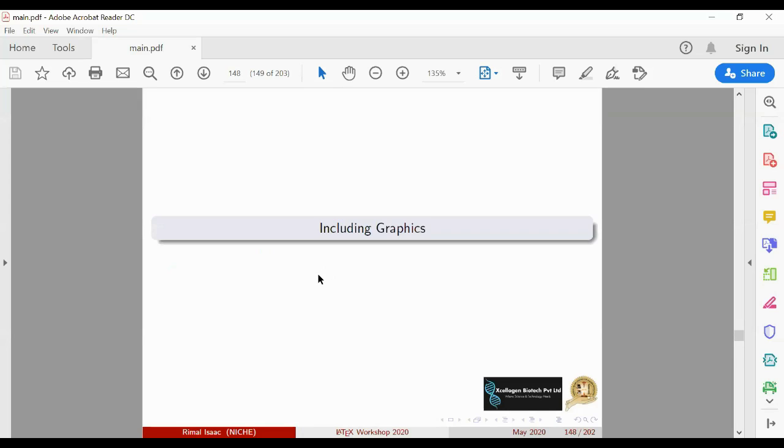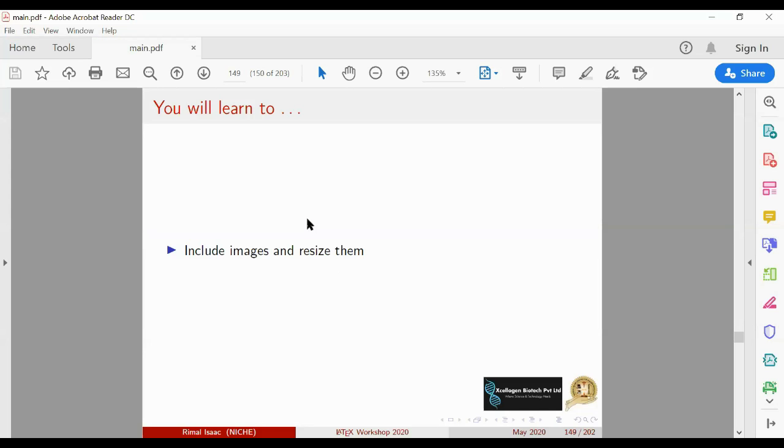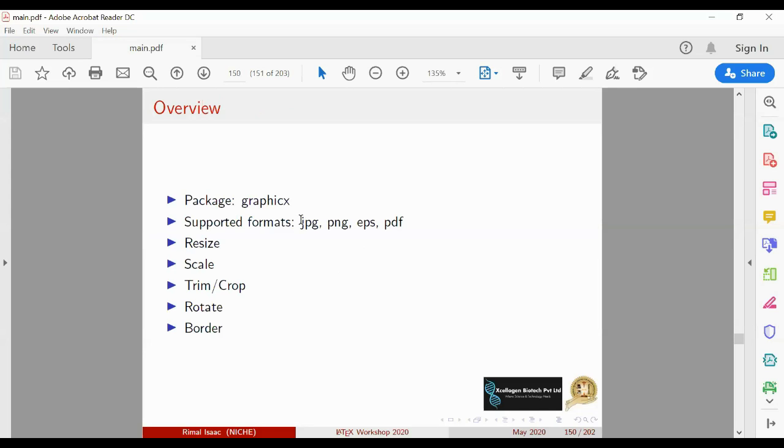Next is including graphics. Graphics means images. In order to include your graphics, you need to include the package graphicx. Okay, the package used for including your images is graphicx. The supported formats are JPG, PNG, EPS, and PDF.